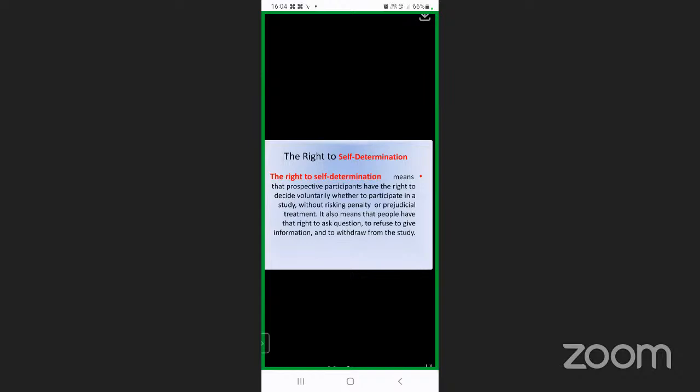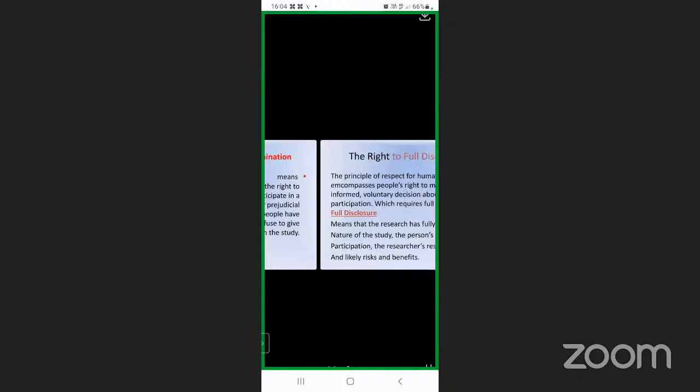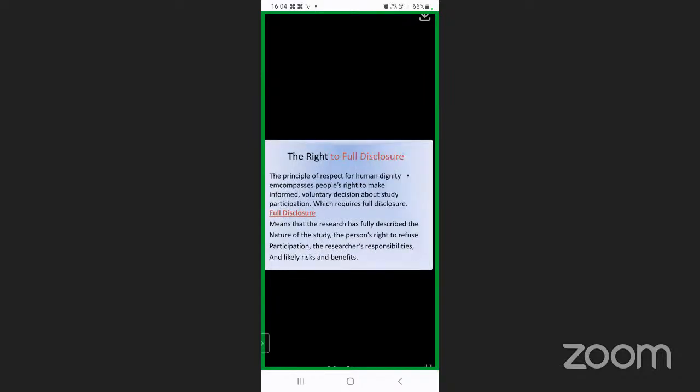Then the right to full disclosure. Whenever we go for research ethics, as I told you, mistakenly or unknowingly, sometimes we add data as such without taking